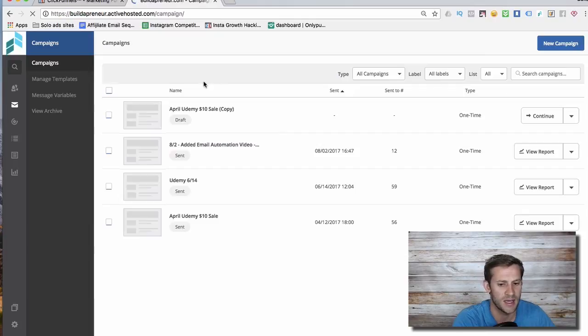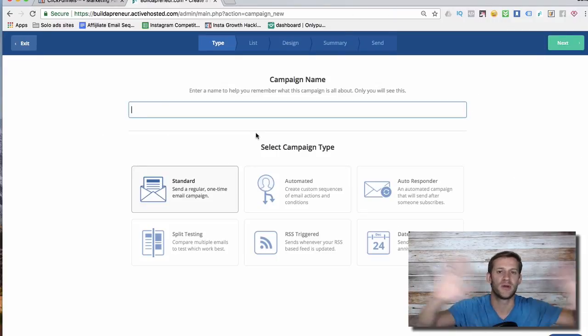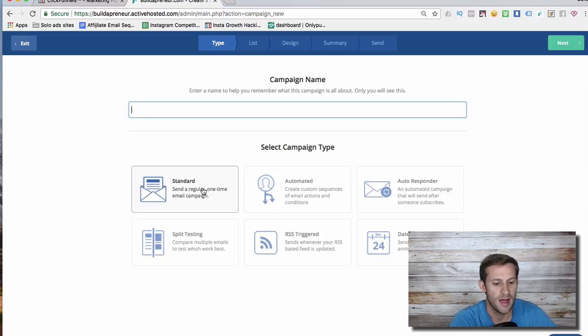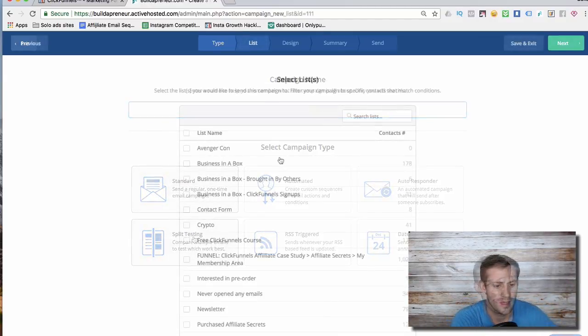Very easy to send campaigns as well. Okay, you can see I don't send out a ton of campaigns through it because I prefer to do everything through automations. But you can easily build a campaign, which is just like a broadcast email, right? Where you email everybody on a certain list. So we can go in here. We can do split tests, super cool. So you can say, hey, send half of them this email, half of them this email. I'm curious to see which email does better, so run some important testing and things like that.